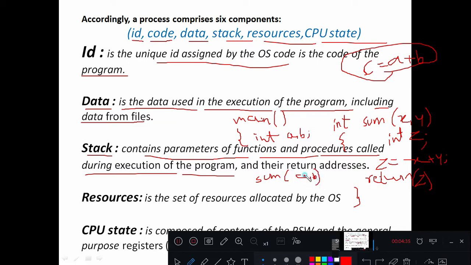When I call sum, the value A is assigned to X, and value B is assigned to Y. Let us say I'm adding 5 and 3. So 5 is assigned to X, 3 is assigned to Y. Then Z is calculated using the values of X and Y. So 5 plus 3 is equal to 8, that value is assigned to Z, and the same value is returned back to the calling program.